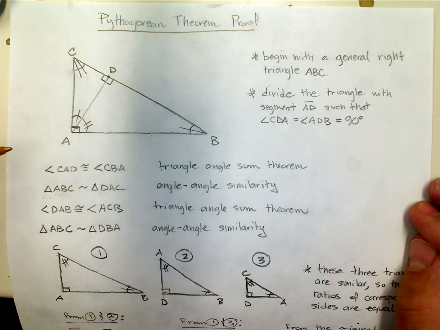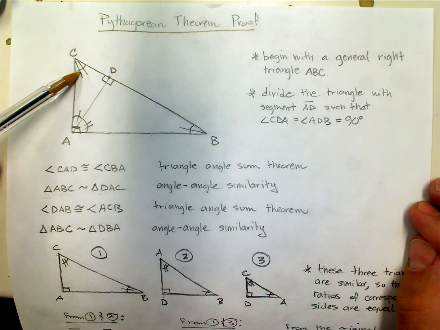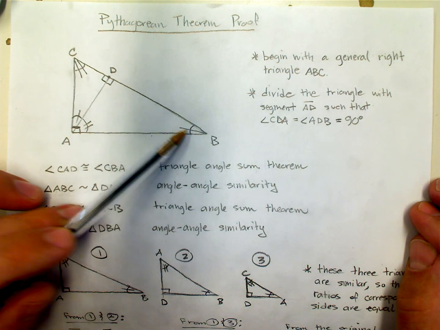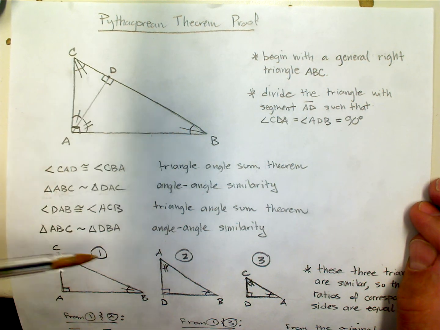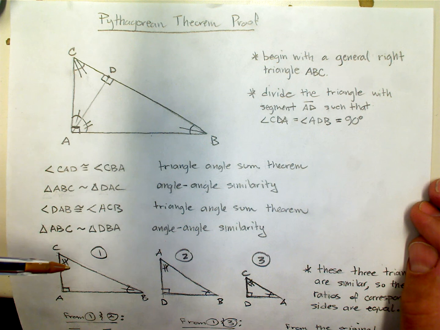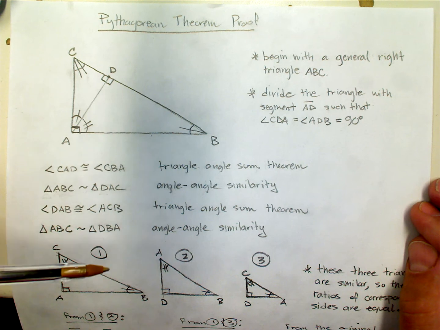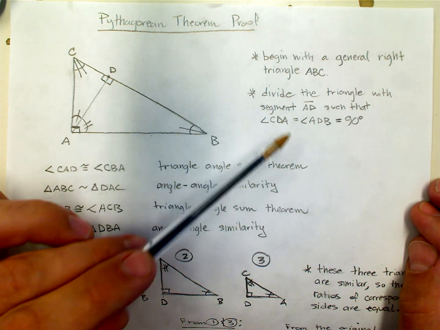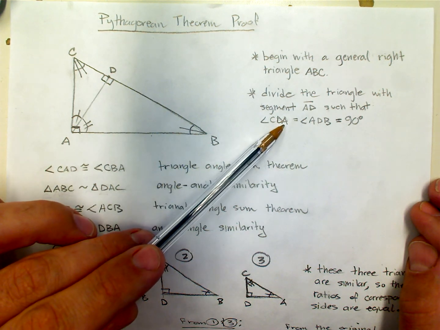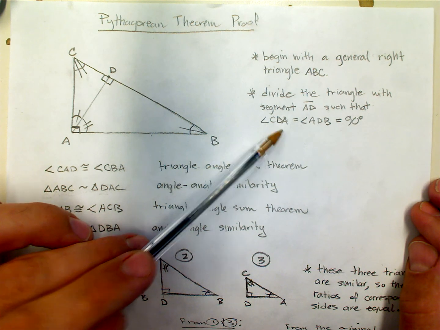And I did label these two angles, the angle here and the angle here, to just indicate that they could be different. Of course, they sum to 90 degrees because this is a right triangle, but they could be just any value within that constraint. And then the next thing I did was I divided the triangle with segment AD, this